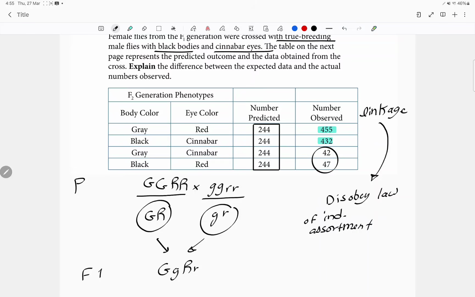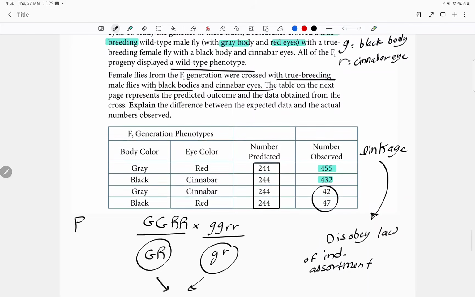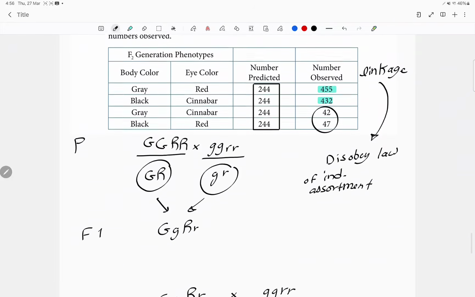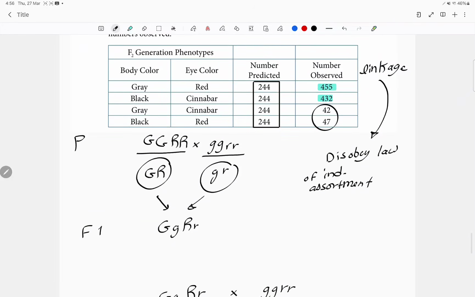Now they're saying explain the difference between the expected and the actual numbers observed. Well, look, the numbers observed provide us with linkage because we have 2 very huge and 2 that are very small. But to support your data, it's best to do a chi-square test and see if we can reject or support the null